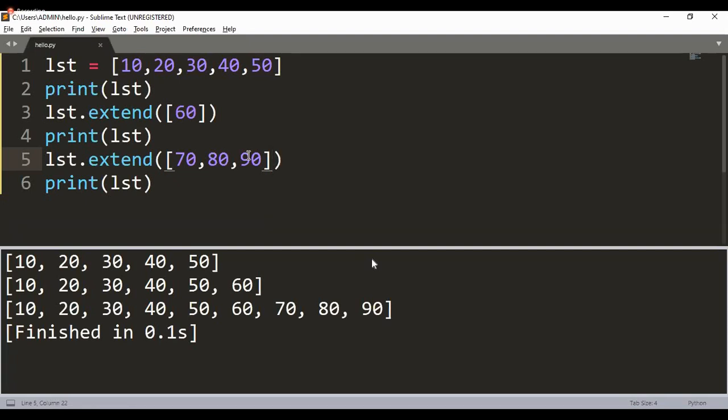Full stop. Next line. Extend method will add elements individually to the list,